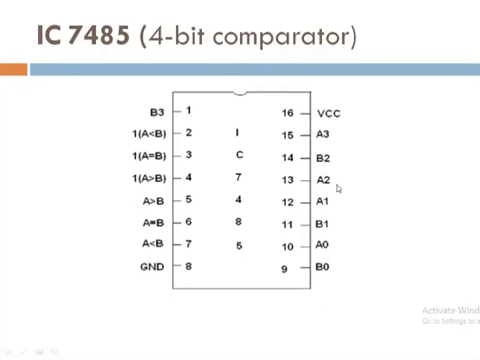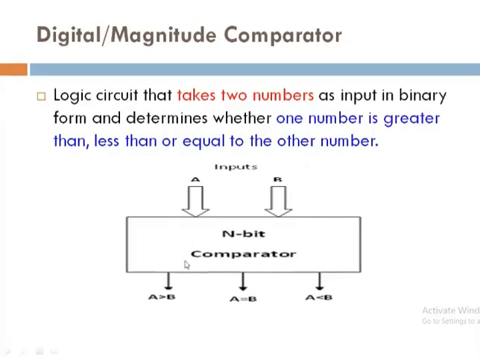But while performing this experiment with the help of this IC, we already have data sheets. You can use the data sheet for observing or analyzing the pin configuration of 7485. So these are my 8 inputs. Now this is an IC, so two pins are used, one is ground and one is VCC. So out of 16 pins, 10 pins are considered. Now the remaining 6 pins.